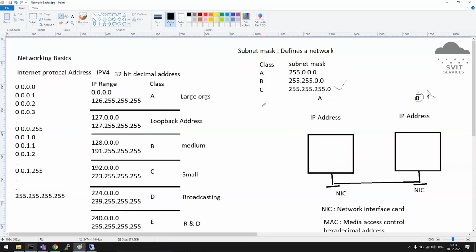This is only for home labs. In real time, when you join some other team, the network administrator will give you the subnet mask. We don't need to worry about it, or the IP address as well. Once you create a new ESXi machine or new virtual machine, the network team will provide you the IP address, subnet mask, and another thing called gateway. They will give the complete IP information. You don't need to worry about it.